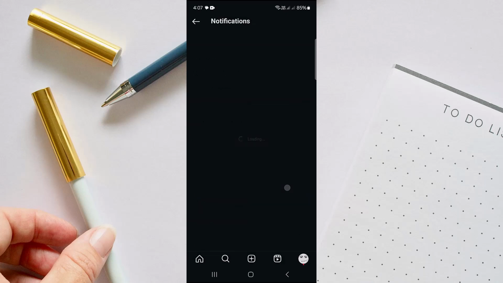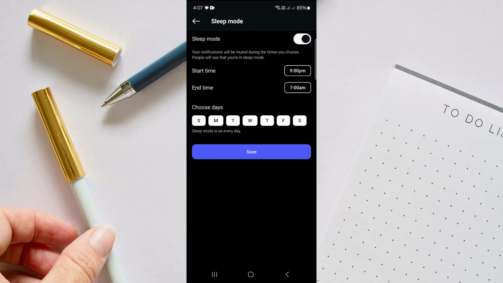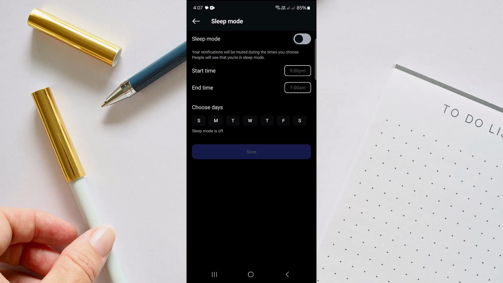So in here, you will find the option of sleep mode, automatically mute notifications at night or whenever you need to focus, go to sleep mode. And here you can just turn off your sleep mode by tapping this key or you can say button. So I'm just turning it off like this, and it is currently the sleep mode on your Instagram